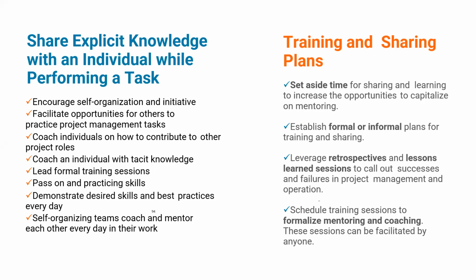Explicit knowledge is actually, there are two kinds of knowledge. There is tacit knowledge and there is explicit knowledge. Tacit knowledge is knowledge that you cannot explain. Explicit knowledge is the knowledge that you can explain, and this is the knowledge you can teach people. Tacit knowledge is bigger, 95%, while explicit knowledge is 5%.